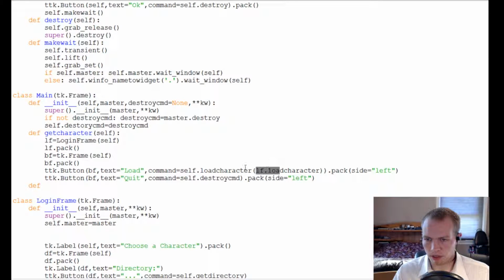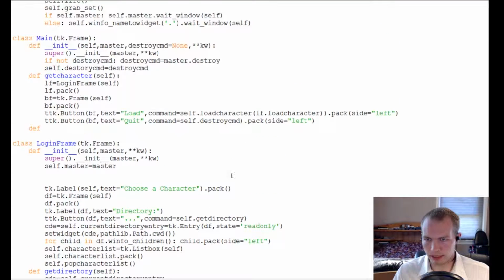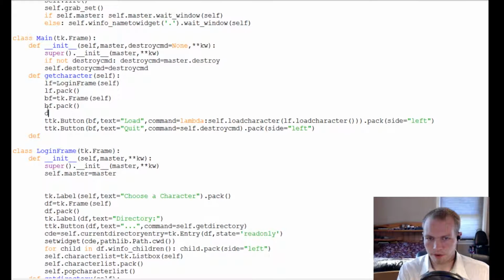In order to make this work, you'll recall that at no point before were we using parentheses. As I explained, the reason we weren't using parentheses is because this would fire right away and set the command here. What we can do is create a lambda function, which the most basic form of it is just like that. Now this basically creates a more or less temporary function that can be assigned to the command. So when this button is pushed, it will fire the lambda function, and inside the lambda function it is this. So the way we'd do this if we couldn't use lambda functions for some reason is we'd just define